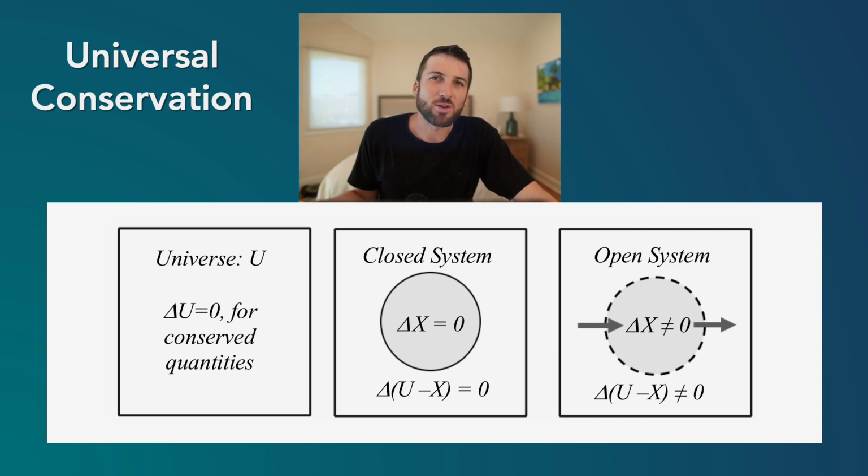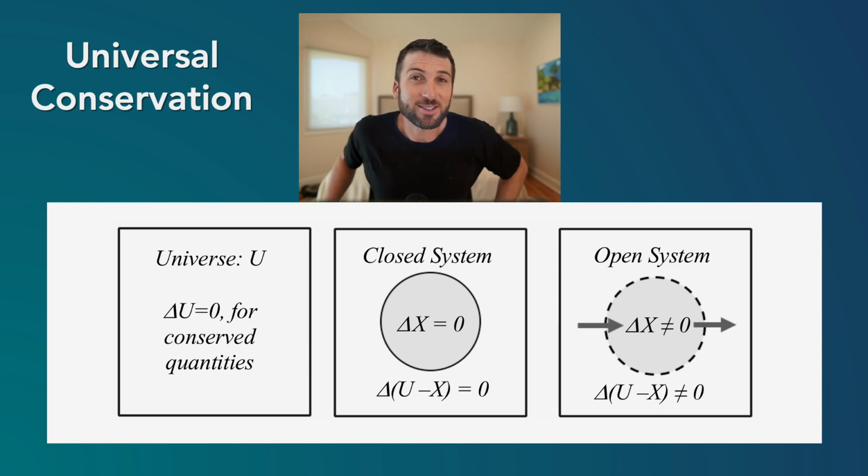So universal conservation has key implications for open systems, closed systems, and thinking about what is conserved at that universal scale. We were just looking at cosmology, relativity. There are other kind of interesting things that can be conserved. But physics is often about thinking about which systems are closed and which systems are open to certain quantities, and which ones are conserved over time and which ones aren't, because there are lots of things in the universe that are not conserved either. Like entropy is expected to increase, the total disorder. So next chapter we're going to go into things that are not conserved, but I wanted to highlight some of the things that are conserved in this chapter.